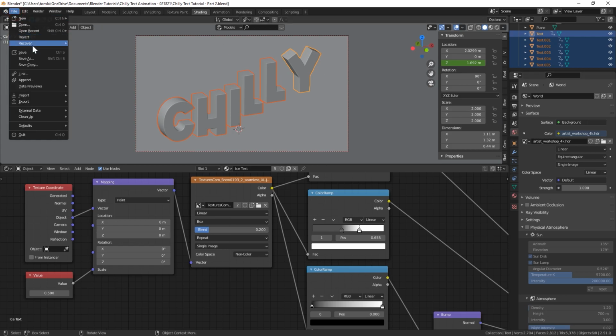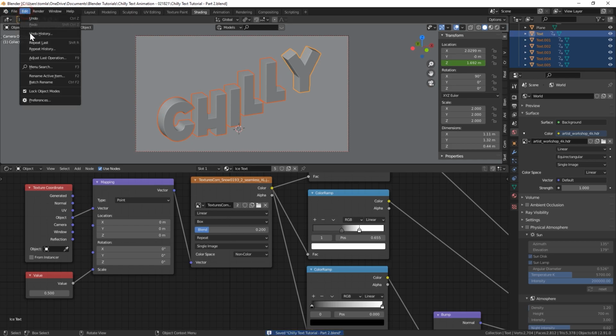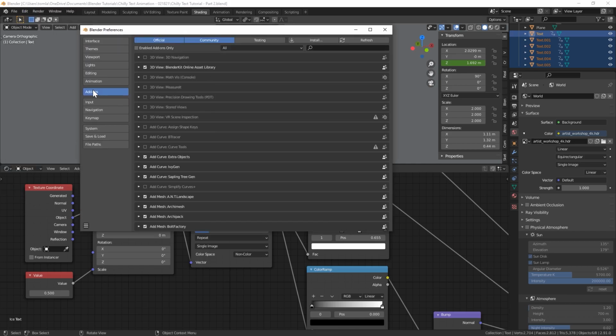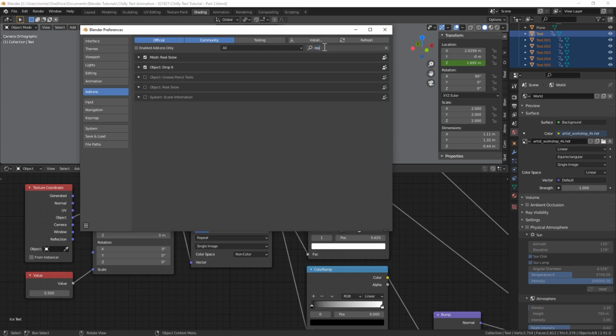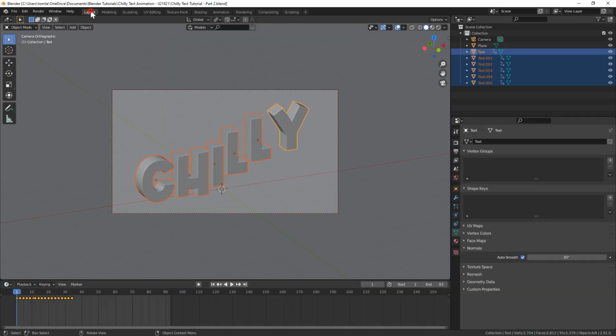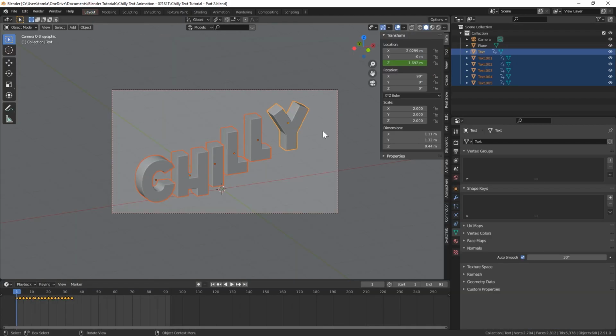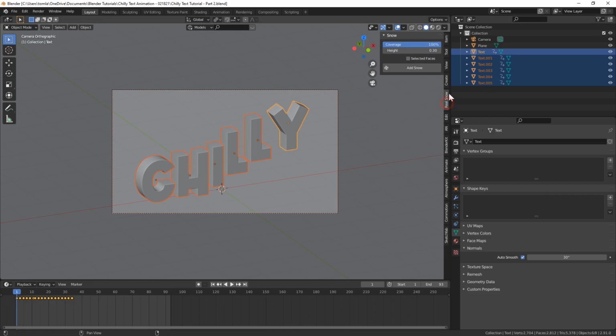And if you're using Blender, I believe it's 2.83 and above, it comes built into Blender. So if you don't have it, you can just go to Preferences, Edit Preferences, go to Add-ons, and just search for Real Snow. So turn it on. If we go into our layout view, hit N on the keyboard. Once you've enabled it, you should have a little side panel called Real Snow right here.